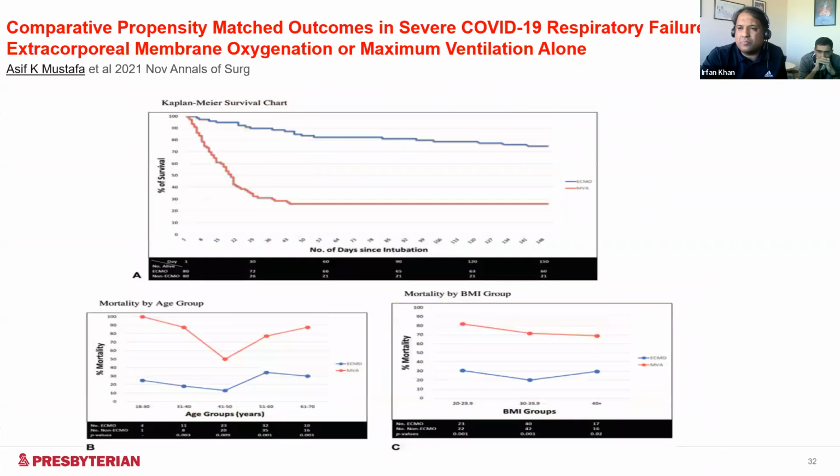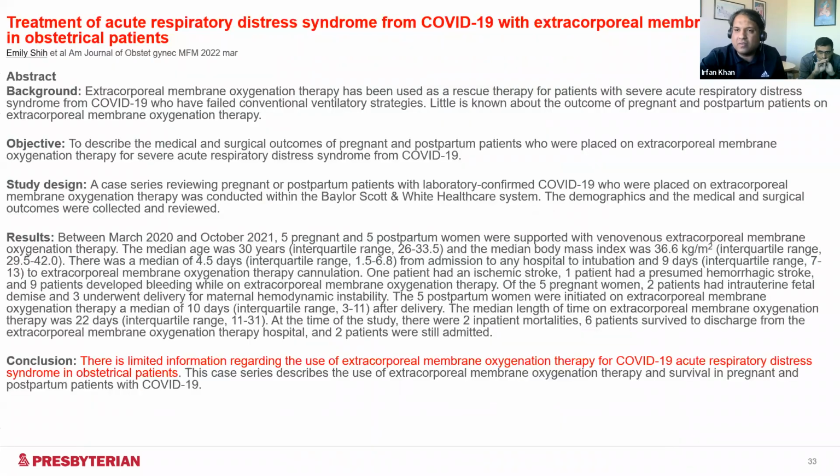You can see this is a much more, I would say, impressive picture here. The blue line on the top picture shows the survival for ECMO patients. The mechanically ventilated patients, unfortunately, with the red line, had survival close to 30% alone. So again, these things have to be reproducible at other centers. This is something that we are struggling to do, and I think at some point we'll re-explore this option.